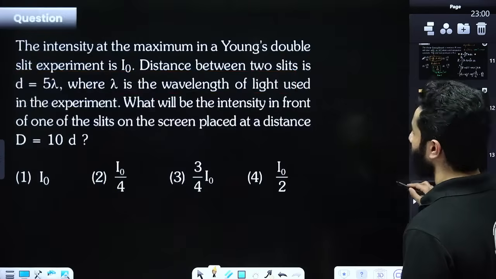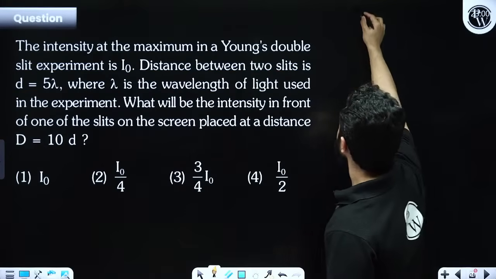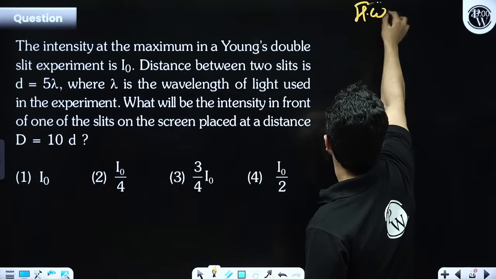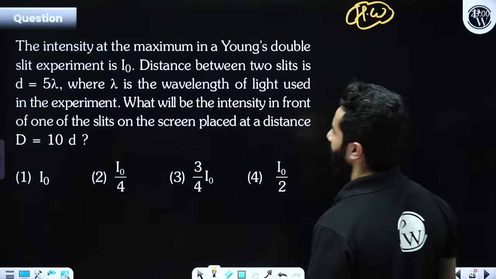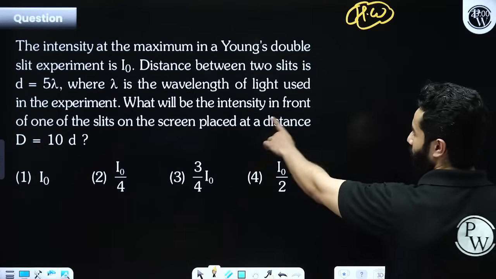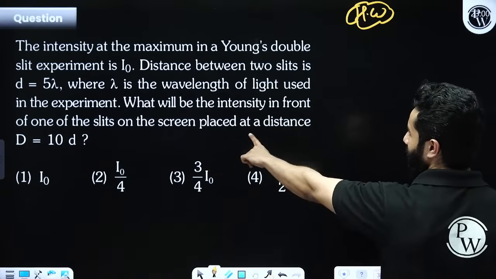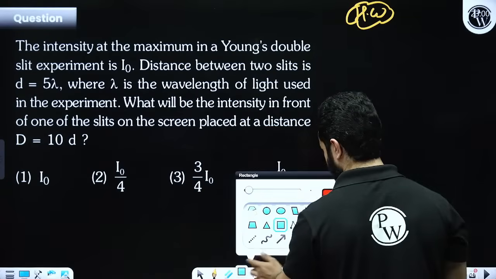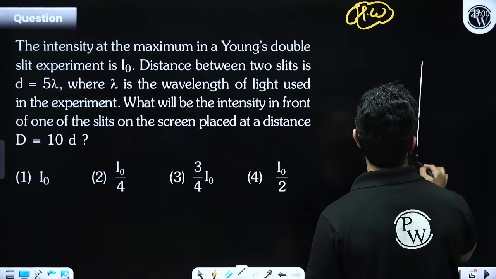Acha, this is a nice question. Solve this. This is a very nice problem. We have solved many questions from intensity and YDSE, please solve it. What will be the intensity in front of one of the slits on the screen placed at the distance D? Okay. So in this, what they are trying to say is